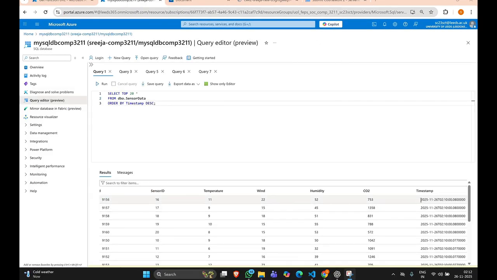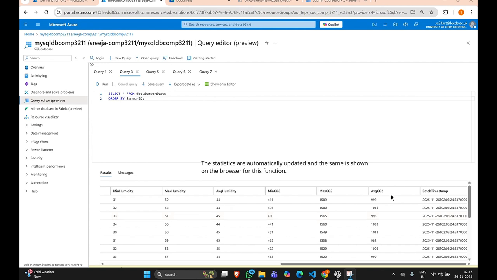From task 3A, we know that the data is getting generated every 5 minutes. Therefore, the latest data that was inserted into the sensor data table was at 2:10. Now here in the sensor stats table, we can also see that the